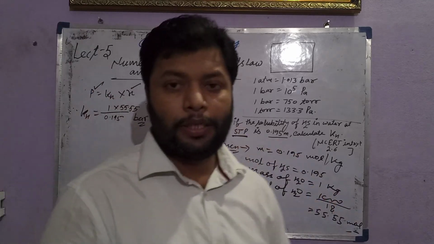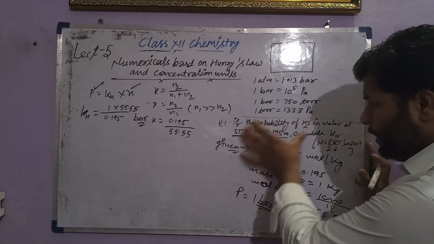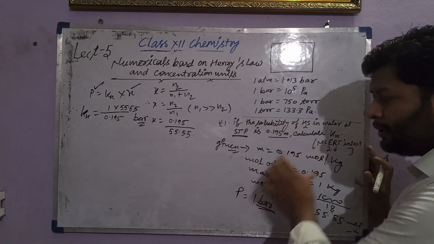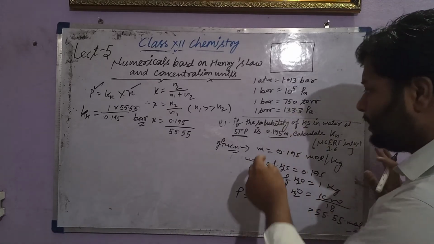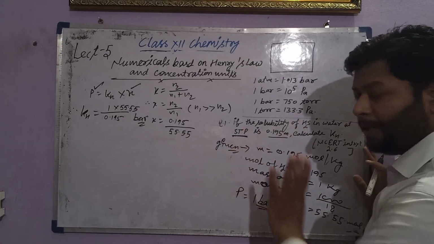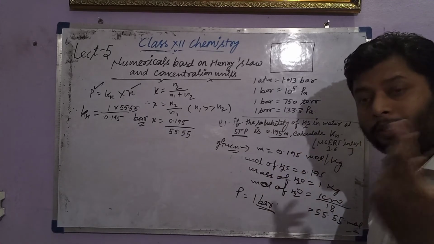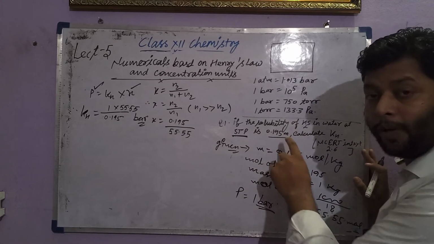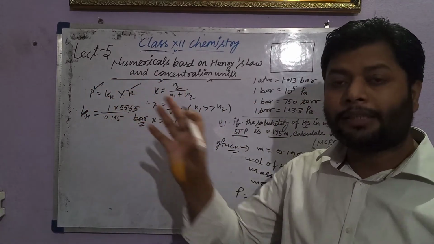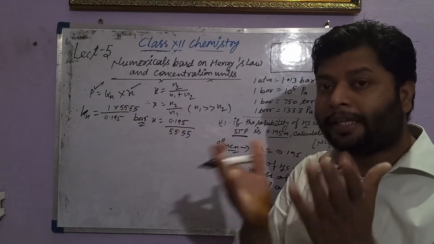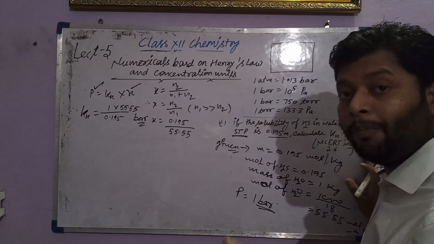That is the first question. What is the learning from this question? The learning is that during a calculation, sometimes the question does not appropriately state all the given things, but you have to evaluate what is required. As pressure is required, we are not knowing where the pressure is. We are not knowing how to calculate the mole fraction. So with the help of molality, you can easily calculate the mole fraction, because the formula is the relation between partial pressure and mole fraction at a given Henry's law constant. So you have to calculate mole fraction with the help of the given molality.